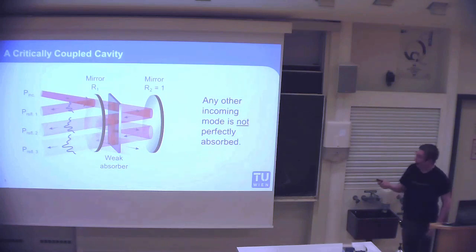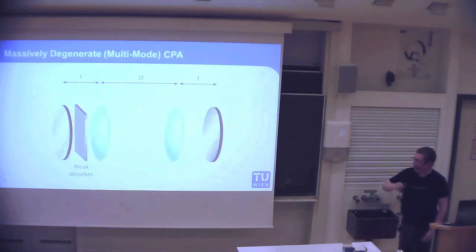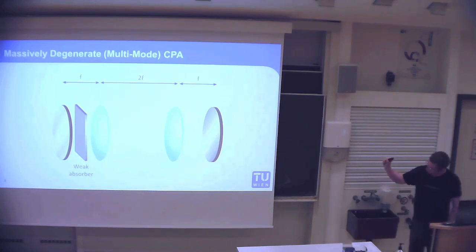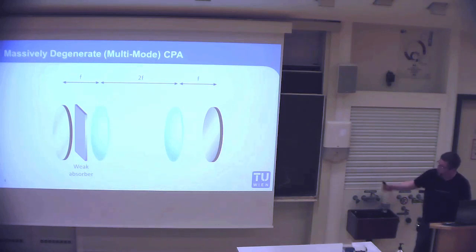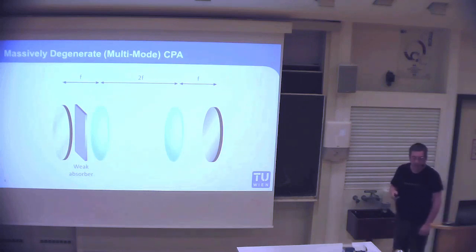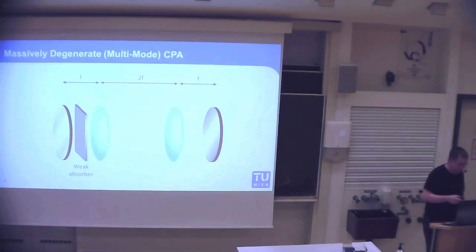And it turns out we can do it. And that's the solution we came up with. It's actually a quite simple concept. Again, we have the cavity and we put the weak absorber into this cavity, but this time it's a degenerate cavity. Well, what does it mean, degenerate cavity? It means